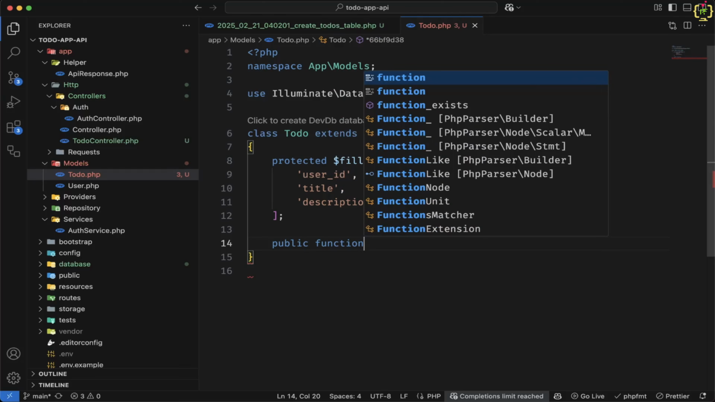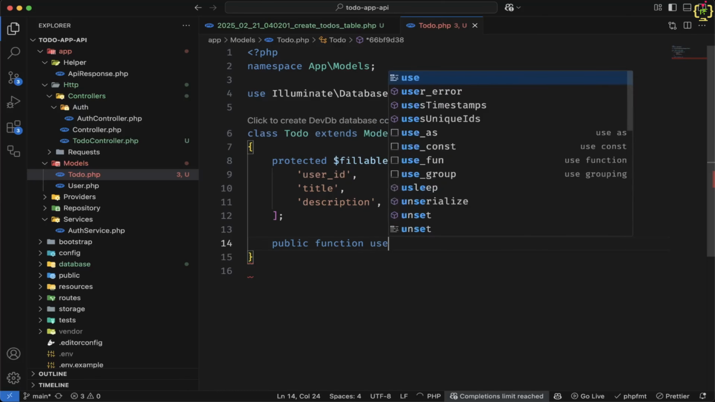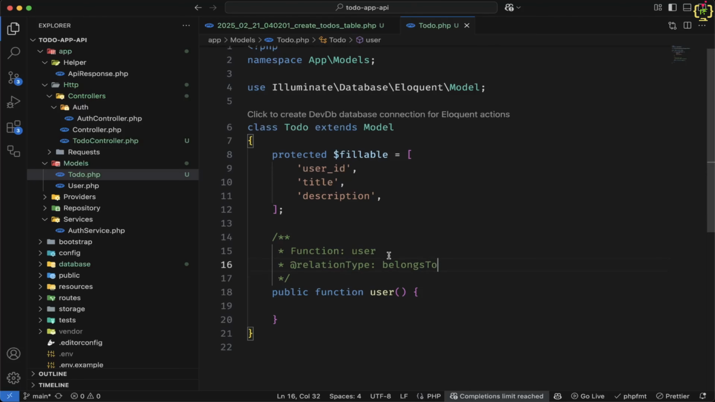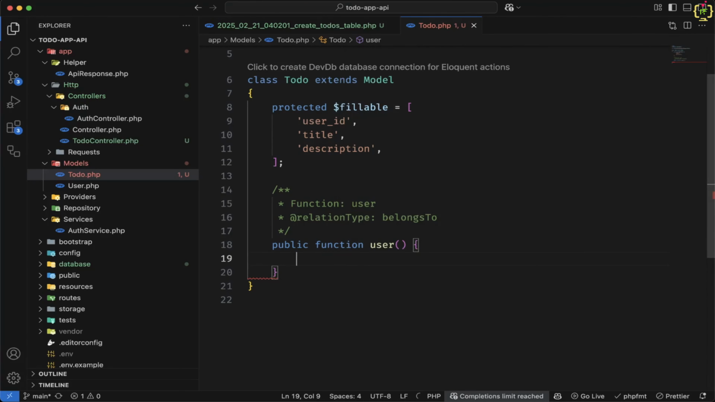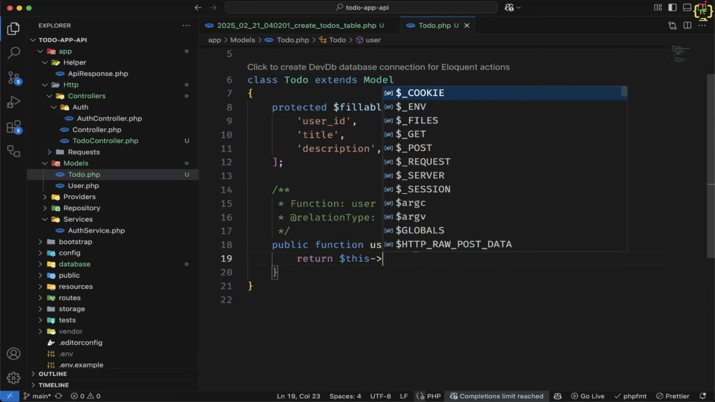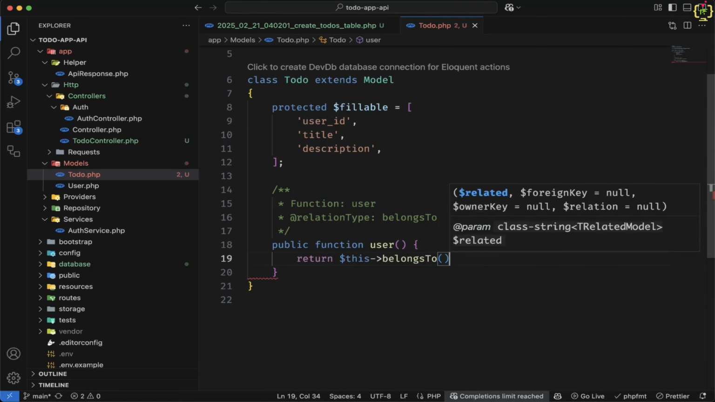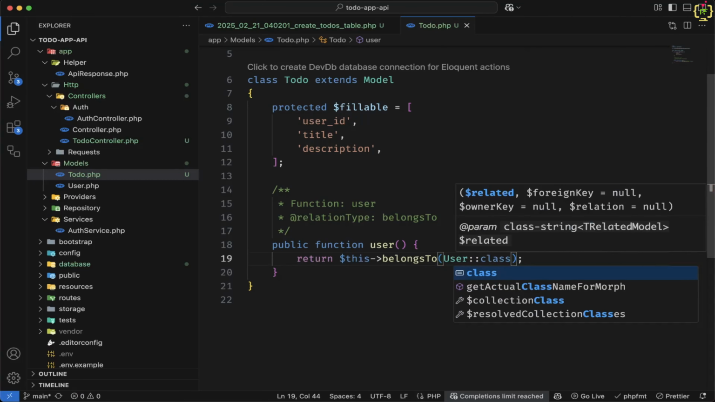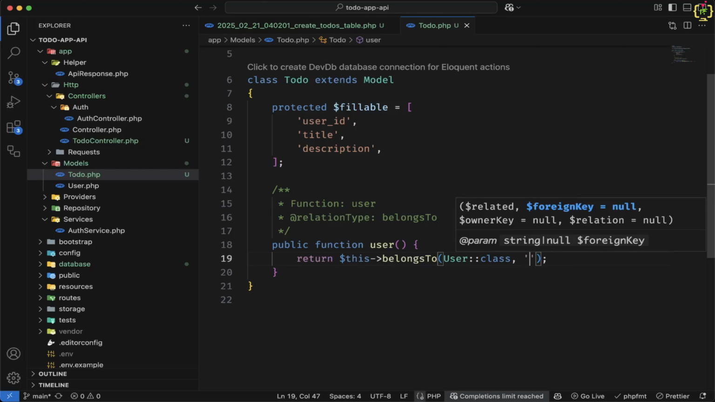And here I will define one relation to fetch the user based on the to-do. So every to-do will belong to one user. So I will define a user function here. This will be our belongsTo relation, user, and this relation type will be belongsTo. Inside this user function, I will just write return $this->belongsTo. Inside this function, I will just pass the User model class, and then we will have to pass the foreign ID. So the foreign ID is user_id we have, and next we will have to pass the primary ID,